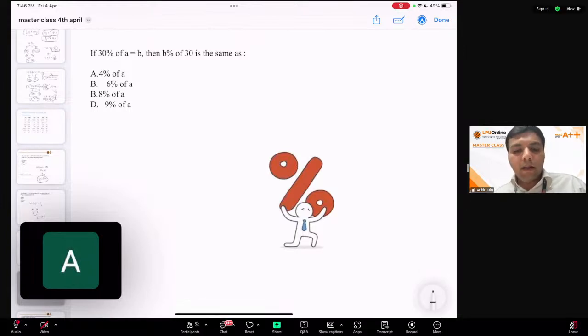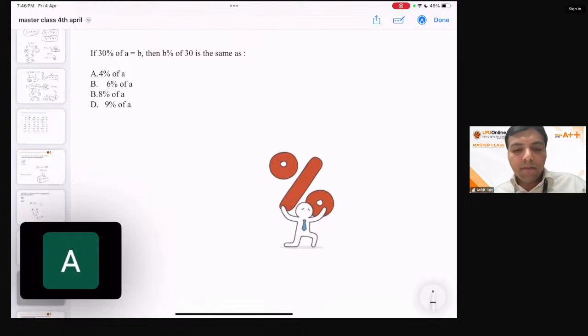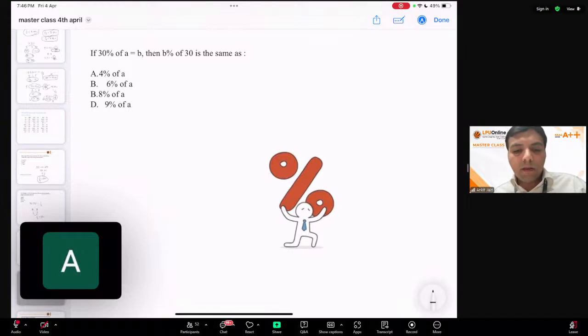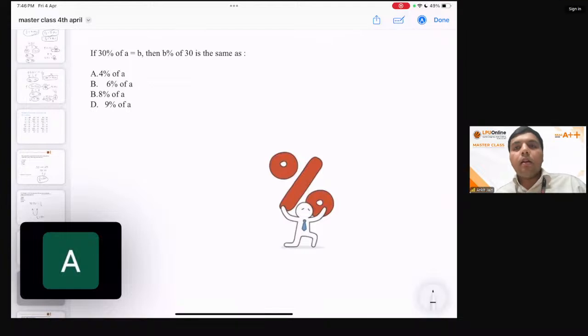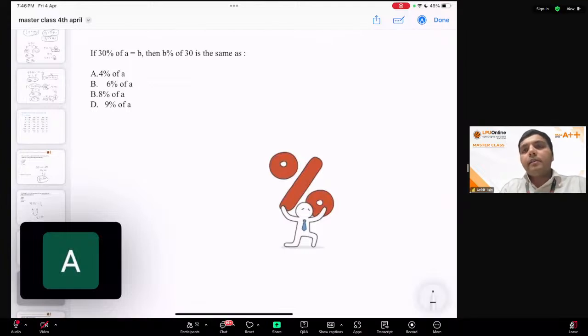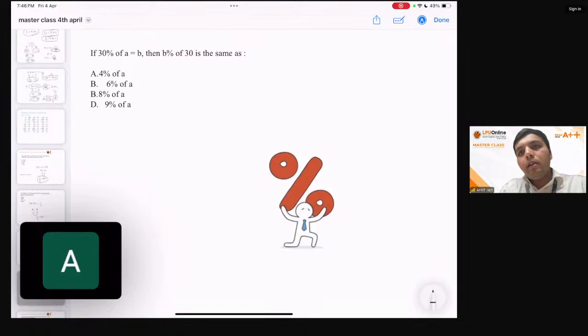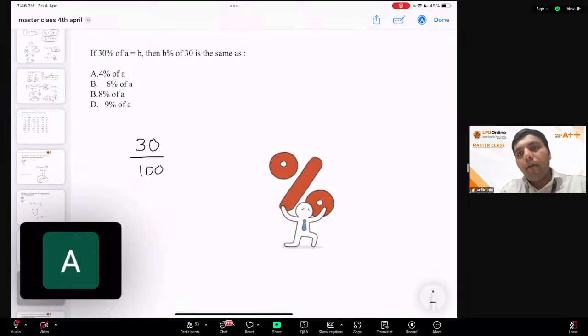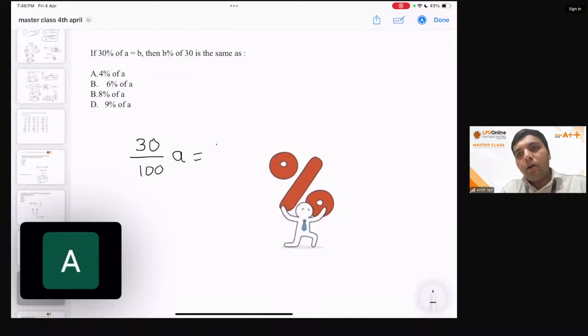Abhiraj, give the right answer. Yes, very good. So what we do, 30% of A is equal to B. 30%, 30 by 100, sorry. 30 by 100 of A is equal to B. So B percent, if B is 30 by 100, so what is B percent? When B is 30 by 100 of A, so B percent is,